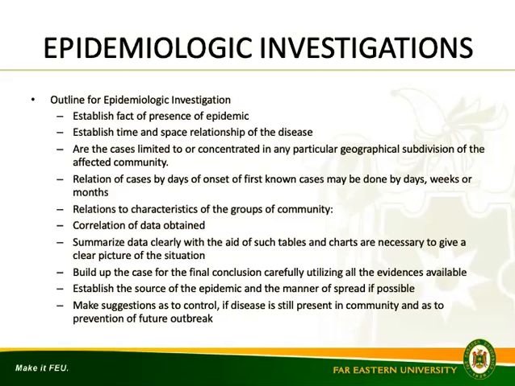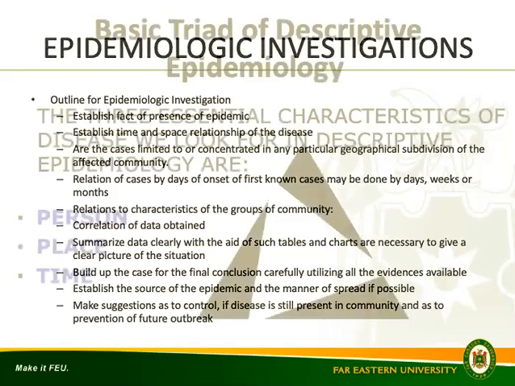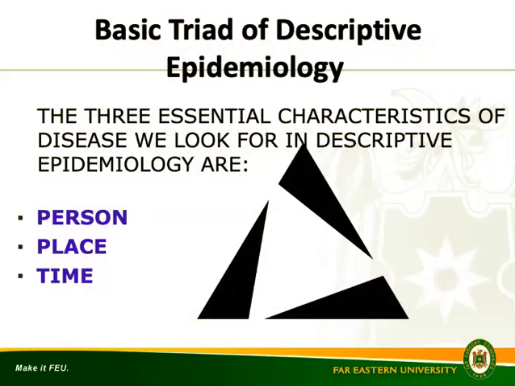All right. So amongst these investigations, it is imperative that we understand the epidemiologic triad. And in terms of the epidemiologic triad, in descriptive epidemiology, this pertains to the three essential characteristics of disease, which are namely person, place, and time. So, disease occurrence and the distribution of disease occurrence in every geographical location is usually characterized according to person, place, and time.